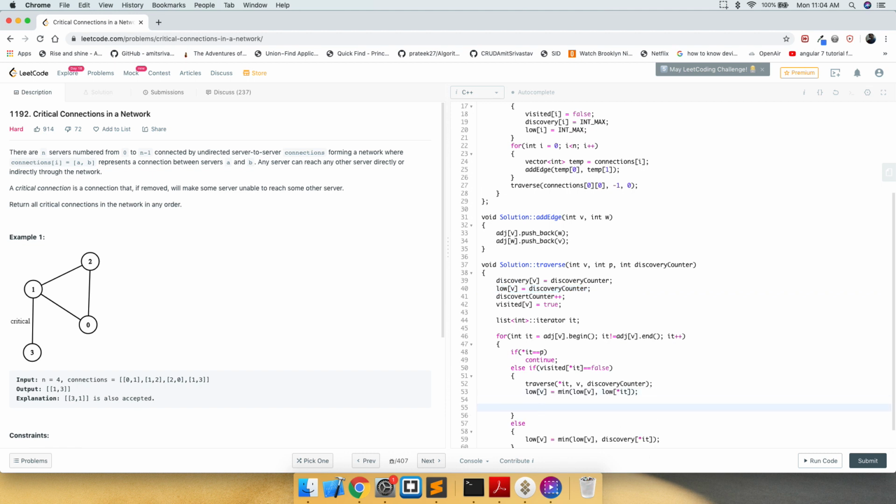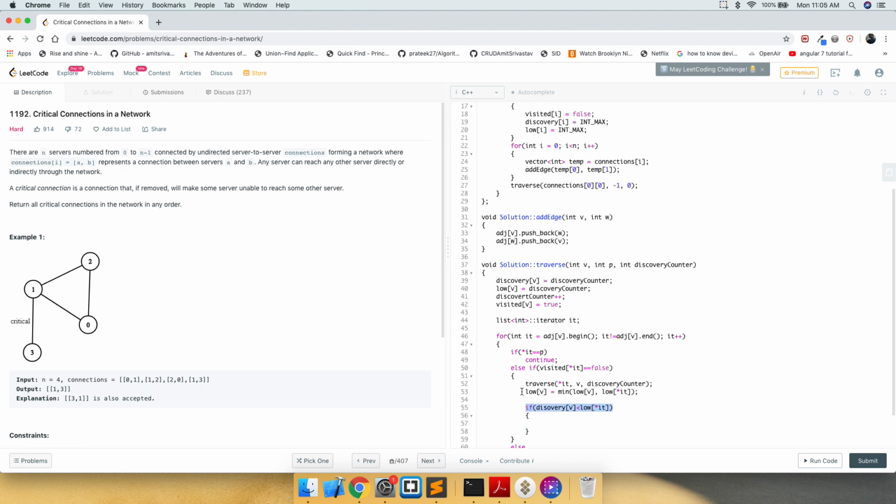So now I'm going to write the condition to find out the critical connection. If discovery of our vertex is less than low of the child, it is a very important statement.